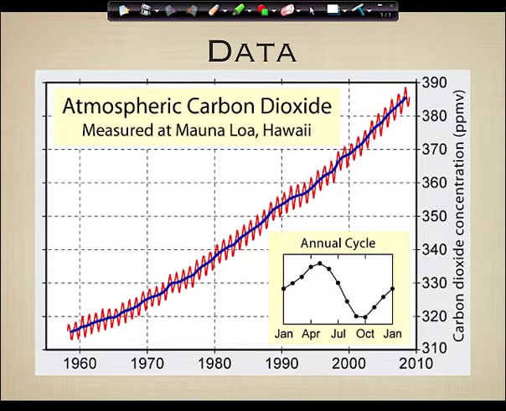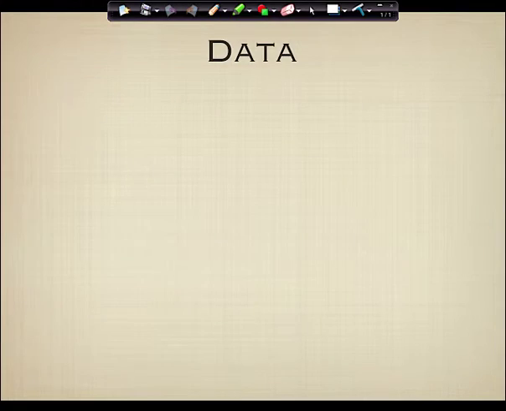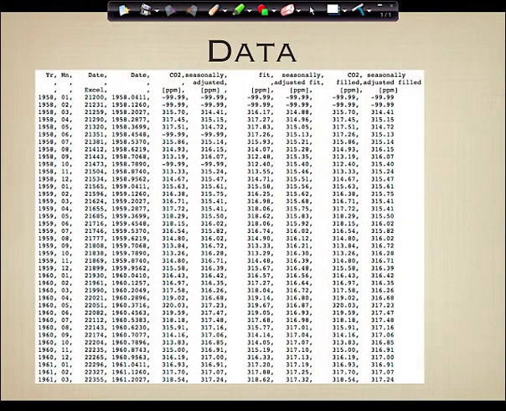Charles Keeling is actually the scientist that connected the fact that the temperature of our planet is going up in lockstep with the concentration of the carbon dioxide in our atmosphere, the greenhouse effect. He's the guy that proposed the greenhouse effect. Now, guys, the problem is this. I don't care how many PhDs you have after your name. If this is your data, you're stuck. There's no way for you to make sense of this. I don't care how bright you are.